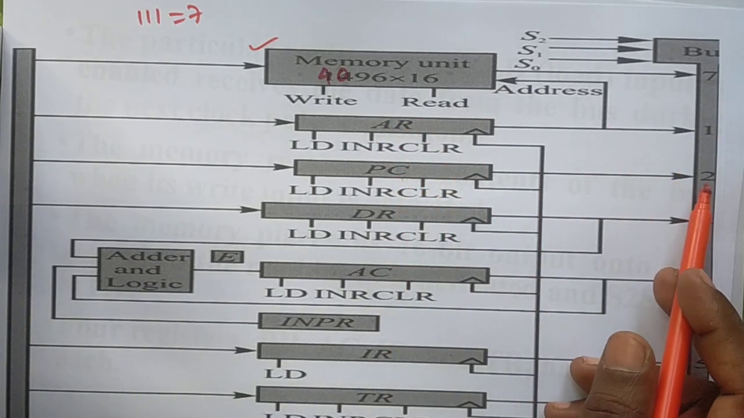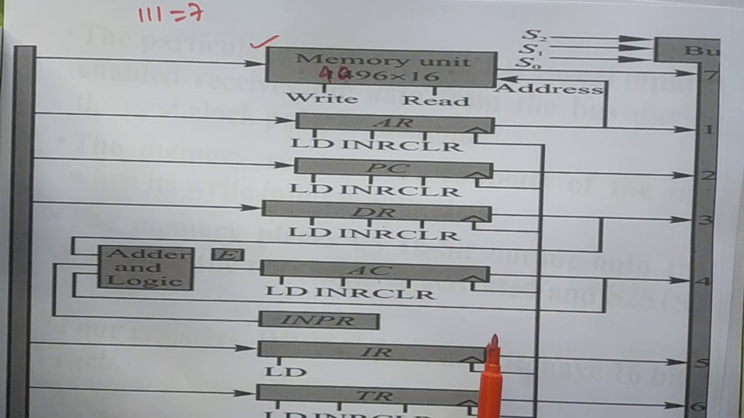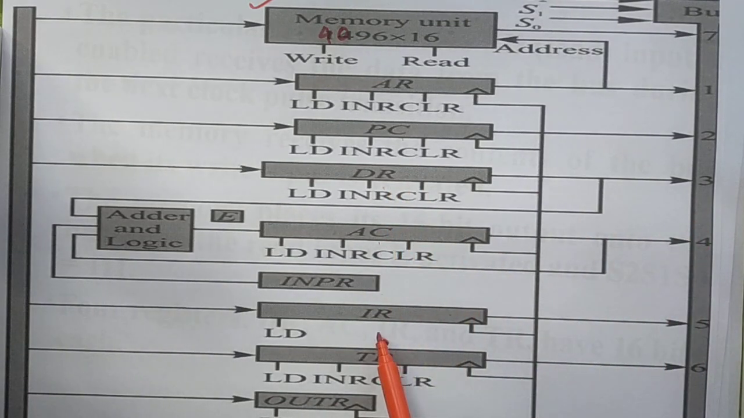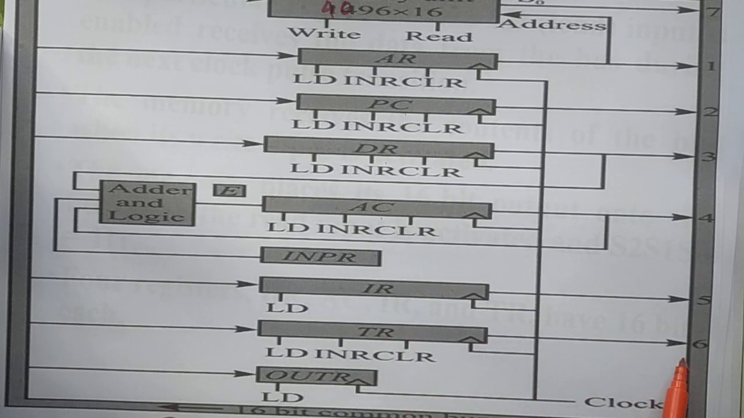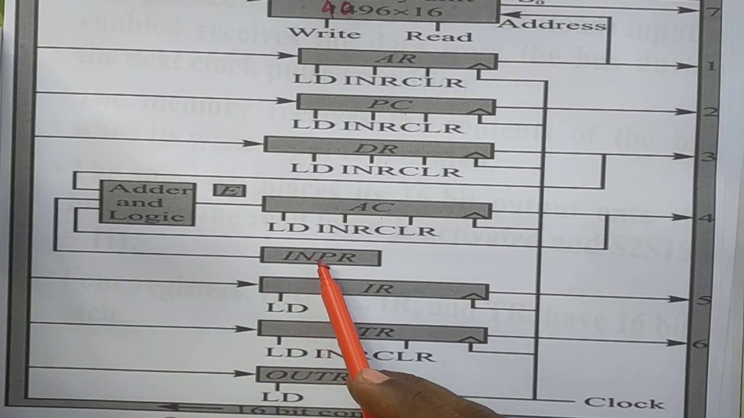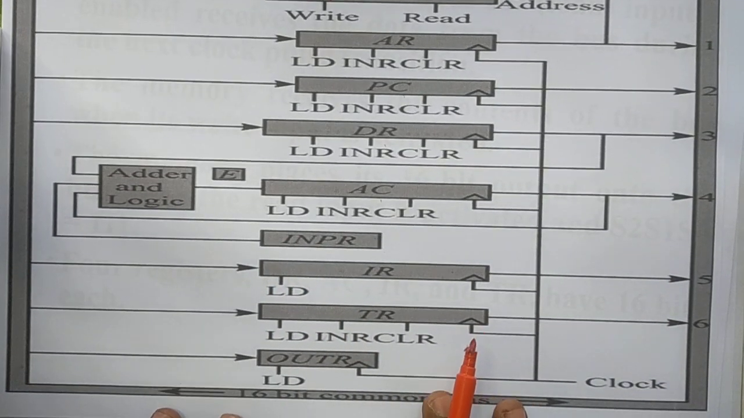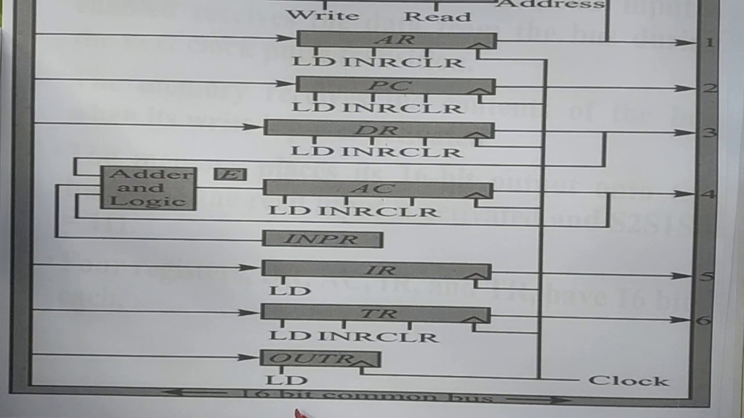Similarly the PC register is connected to 2, DR register connected to 3, AC register connected to 4. IR register is also connected to 5. TR register, the temporary register, is connected to 6, and another is the output register. Here is the input register. Output register is also connected to this bus, and the input register has no connection to this bus, and the bus contains, you see,